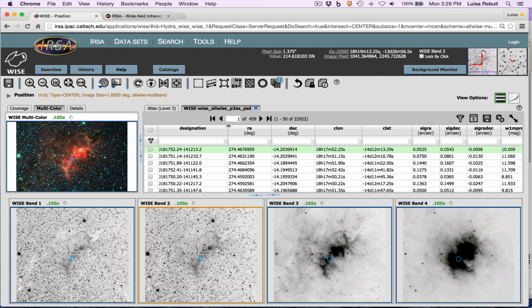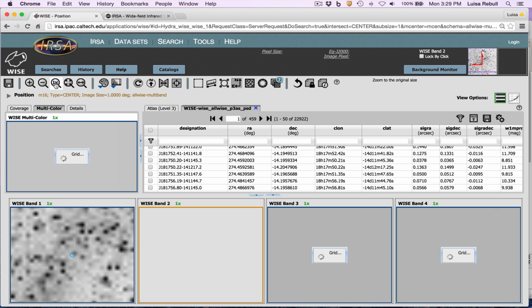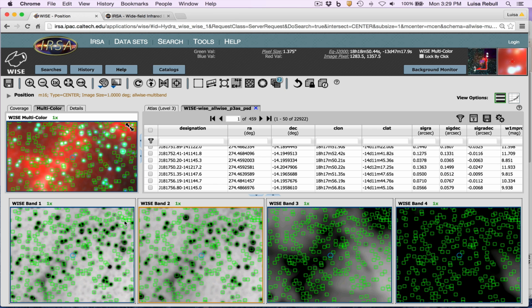So here's the catalog, and it is a big catalog. So it took it a couple seconds, but what it's doing is all that green is overlaying all of these sources in the catalog, all 23,000 on top of the image. So right now it's pretty overwhelming. Let's zoom in so that we have a much closer look, and you can see that indeed almost all the sources you can see by eye, and even some that are difficult to see by eye, have a counterpart in